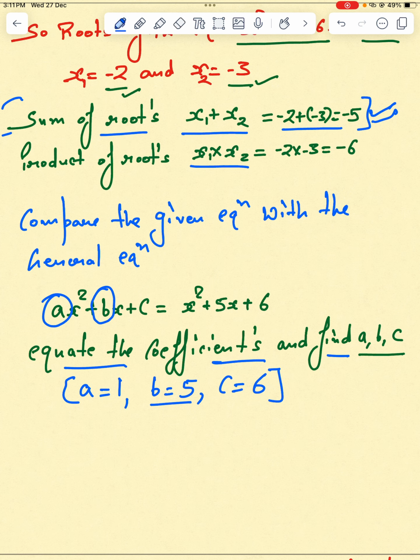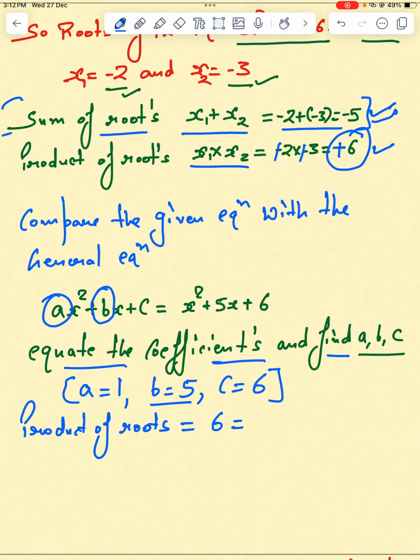what about the product of the roots? Product of the roots we are getting is, sorry, positive 6. It's a positive 6. Sorry, because minus minus is plus. It's 6, from the equation it is c upon a. Or I must say, I generalize, it's not a coefficient, it's the constant term of the polynomial divided by the coefficient of